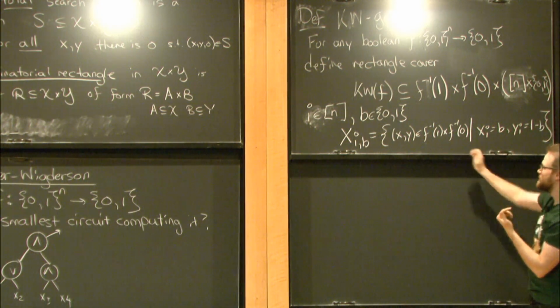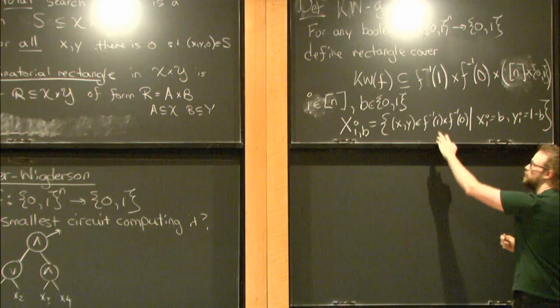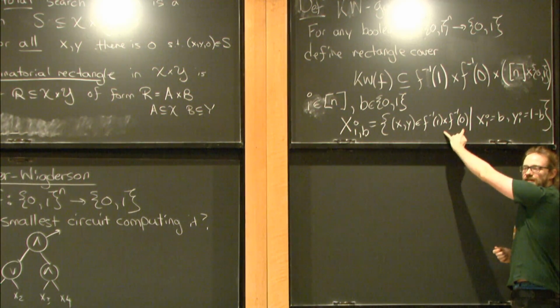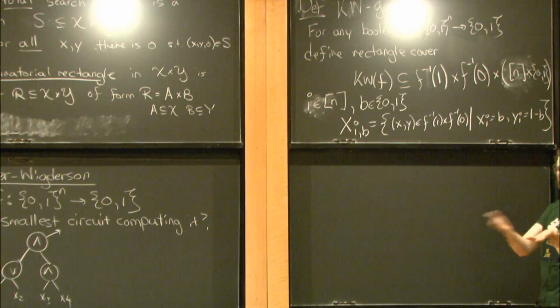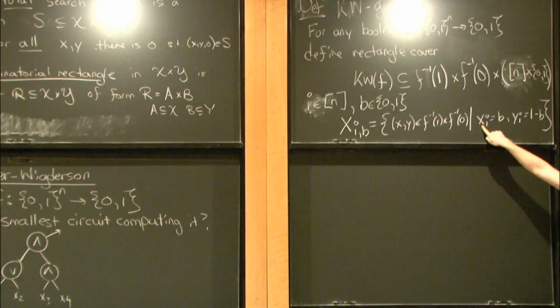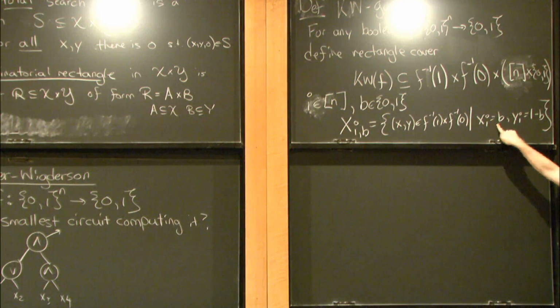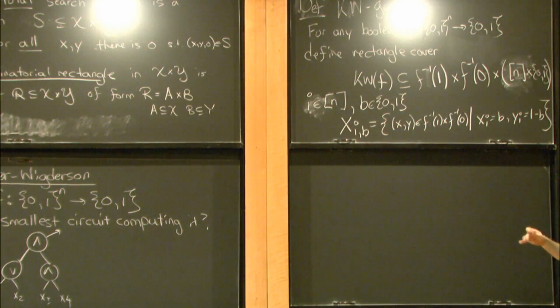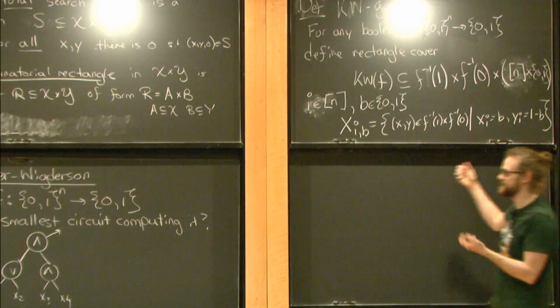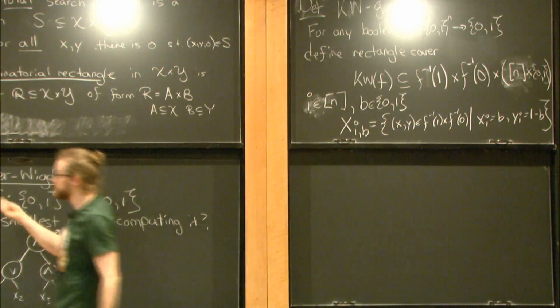Since a one of the function and a zero of the function have different outputs, they have to differ somewhere. They can't be the same input. There must be some input index on which they're different. And so what I'm doing is splitting it all up into all the input indices. The fact that every single input has to be covered means that this is total.